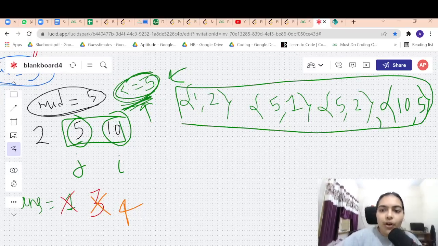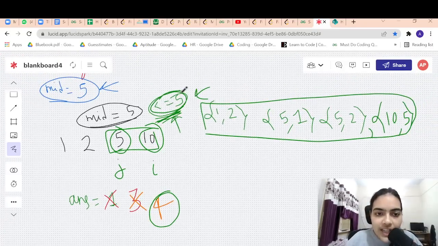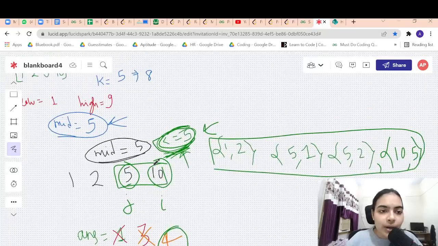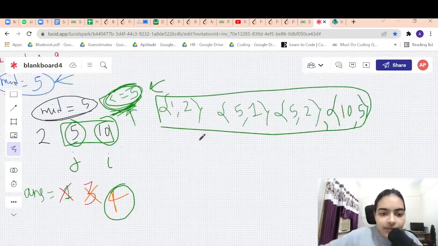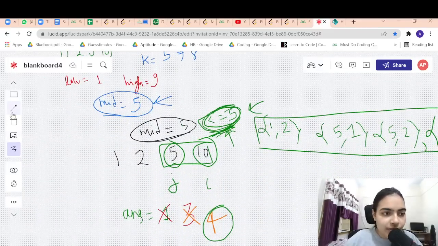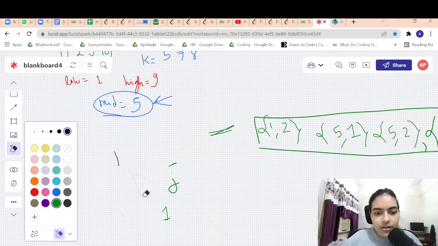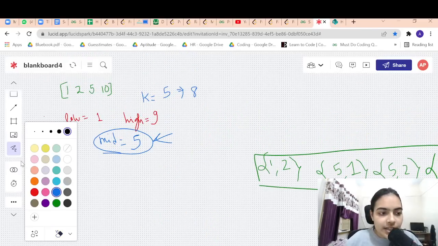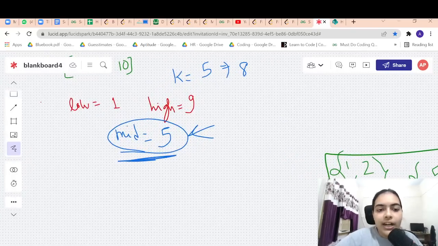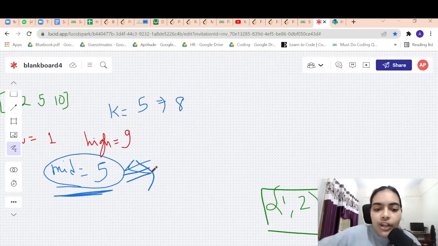So how many pairs did we find? We found 4 pairs, right? We found 4 pairs which have value less than or equal to 5. But what is our k? Okay, now observe this carefully. For the condition when mid is equal to 5, let me first of all erase all this. Okay, let me just keep this. For the condition mid equal to 5, we were checking how many pairs we got. How many pairs did we get? We got 4 pairs, right?